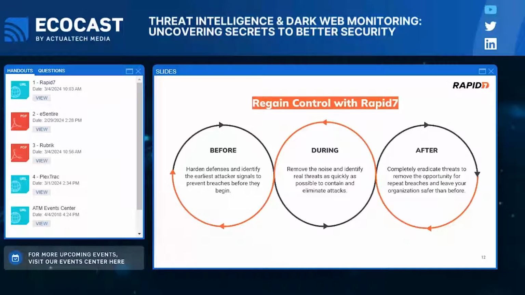So during, we operate as an extension of your team, flexing high fidelity detections to ensure that you're finding real, active threats as early and accurately as possible, and that we can help you contain and extinguish those threats as fast as possible. And then after, working with Rapid7, we want to make sure that your environment is always left better than we found it. So helping you move the needle, not just around your security posture, of course, but also, can you go back and show the wider business that you moved the needle? How can you help quantify that? How can you demonstrate ROI and advocate for your team and the resources that you need to continue to grow and do better every day?